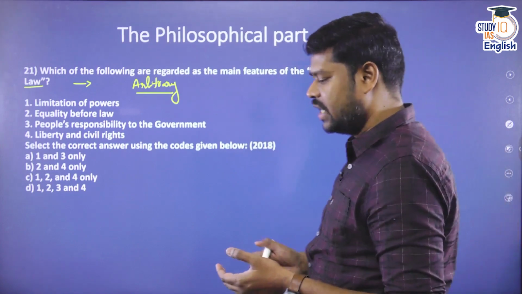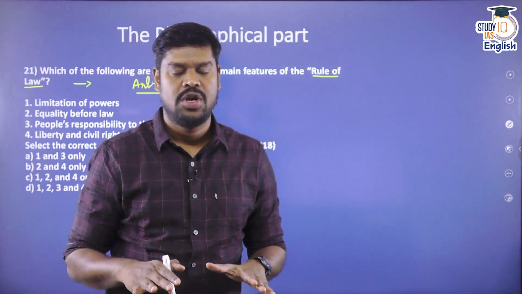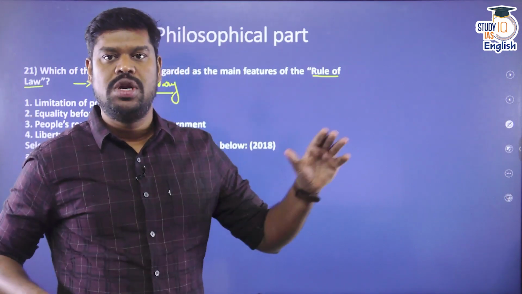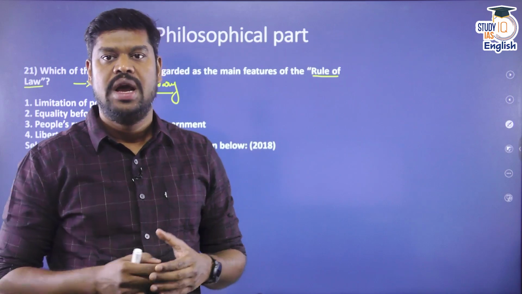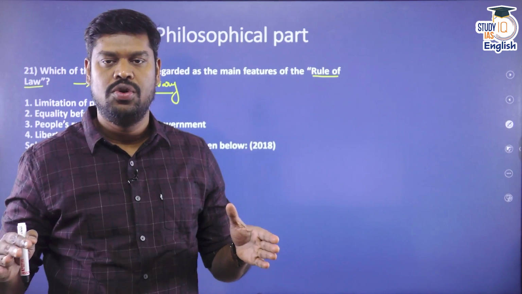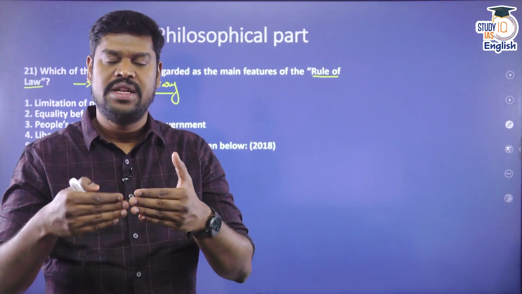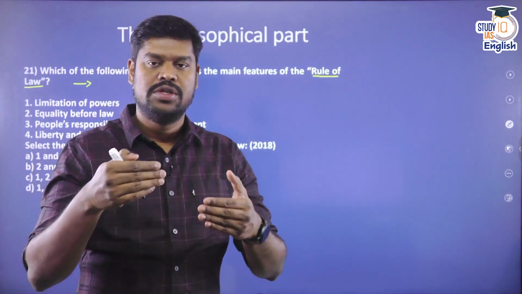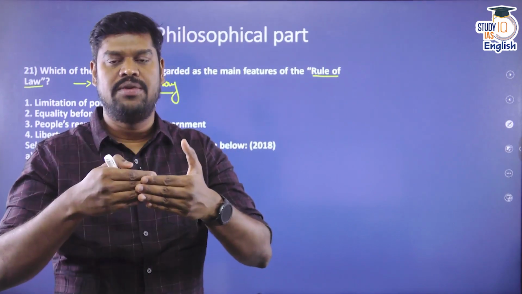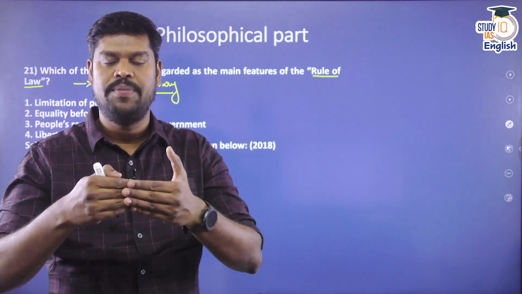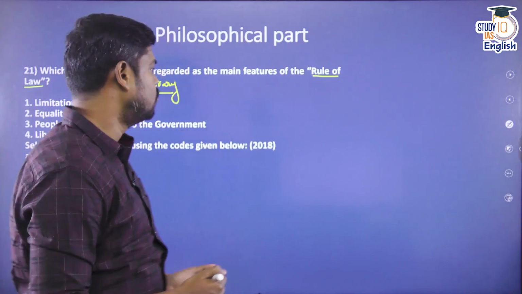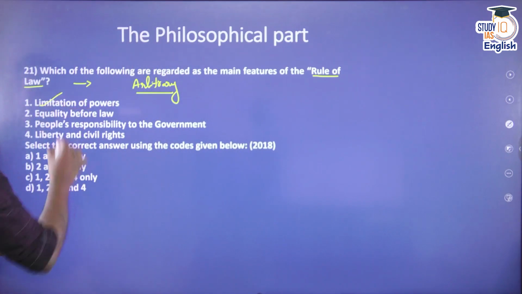The first thing is you need to limit the powers of the state. Now please understand, on the one hand you are saying that rule of law should exist, but let us assume that there is no limitation upon the powers of the government. Let us assume a government which is elected and is unrestricted and can do whatever it wants to do. Do you think that they will respect the rule of law? Then the power can be abused and misused. So one of the essential features of rule of law is that the government, whatever it may be under the constitution of the respective country, has its power restricted under the constitution. That is the most important thing. So there has to be limitation of powers.